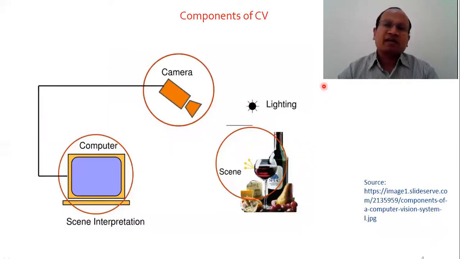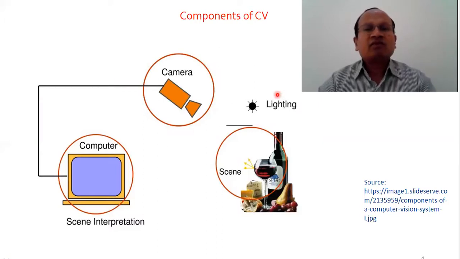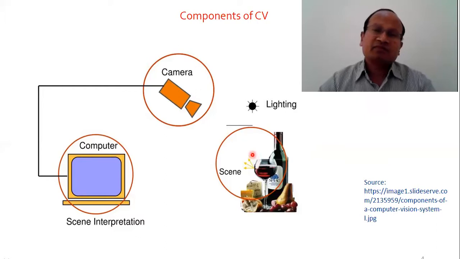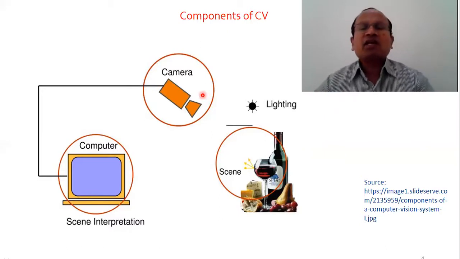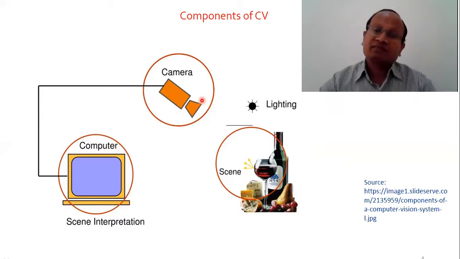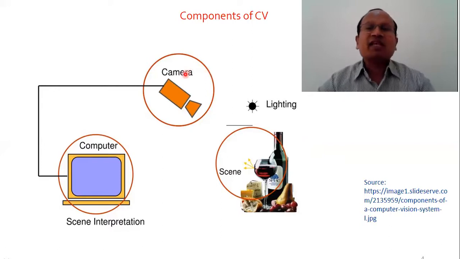If we look at this diagram, this picture, then we understand that there is a scene, there is an object, some picture, video, or any object. The object is detected, as I told you in the beginning, by cameras. Cameras are electronic devices where the most important part is a suitable type of sensor. The sensors in the camera will capture the light, and we have studied in the previous lecture how an image is formed.